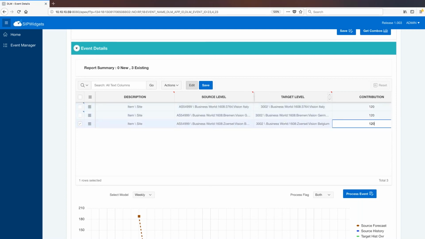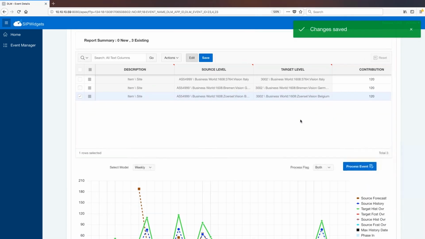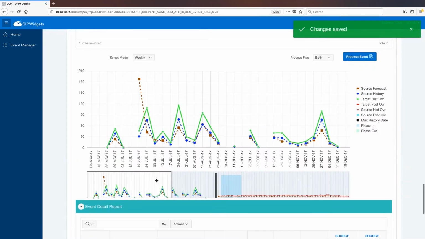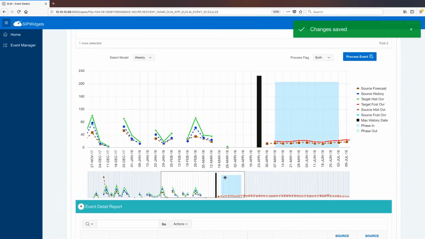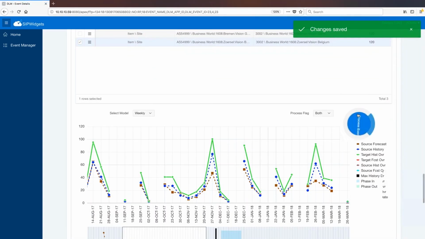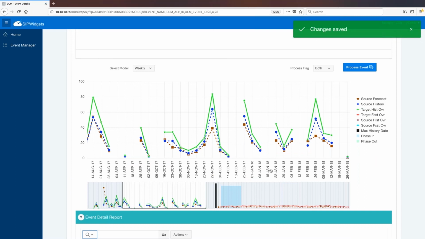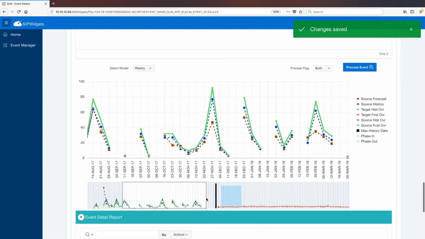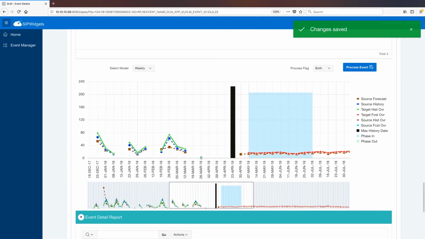In this change, you can save that, and you can process the event right away to see what the effect is. Currently, this is configured based on 150%, right? I'm going to explain this graph in a minute, but let me just go ahead and process the events. So these events are updated now. This black bar here explains the difference between the past history on the left and the forecast on the right.